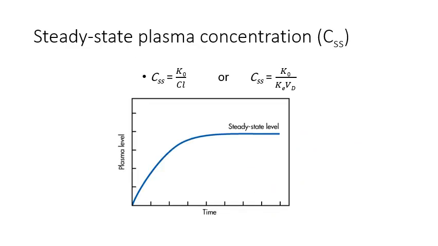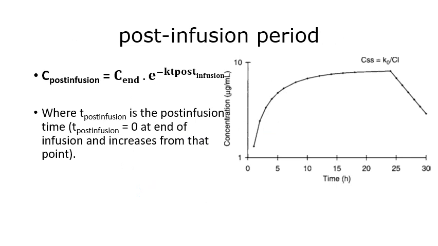Okay, and later, after the steady state is reached, the plasma concentration at steady state can be calculated simply by dividing the infusion rate over clearance, or infusion rate over elimination rate constant multiplied by the volume of distribution. And for the post-infusion period, which is any point after the infusion period,